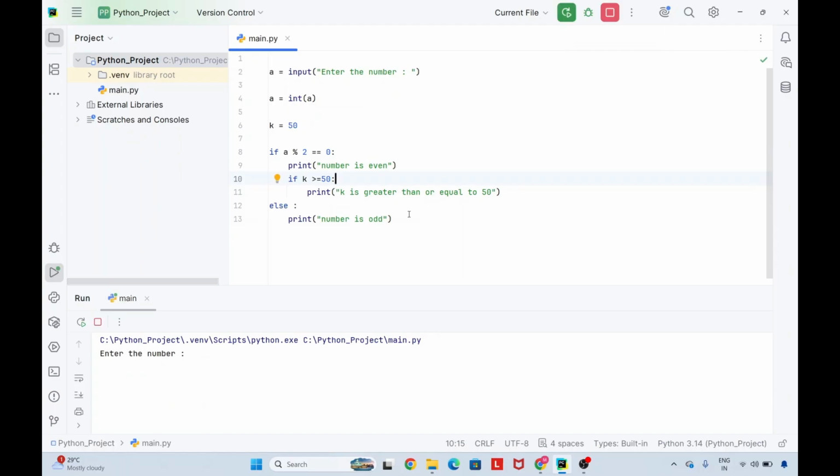Now it depends on the number which the user has passed. If the user passed the even number, so we can get one thing. So if we have passed 16, the number is even, then it is going, if k is greater than or equal to 50, so k is greater than or equal to 50 is condition 2, so it is printing it. Now if we want to try to debug,